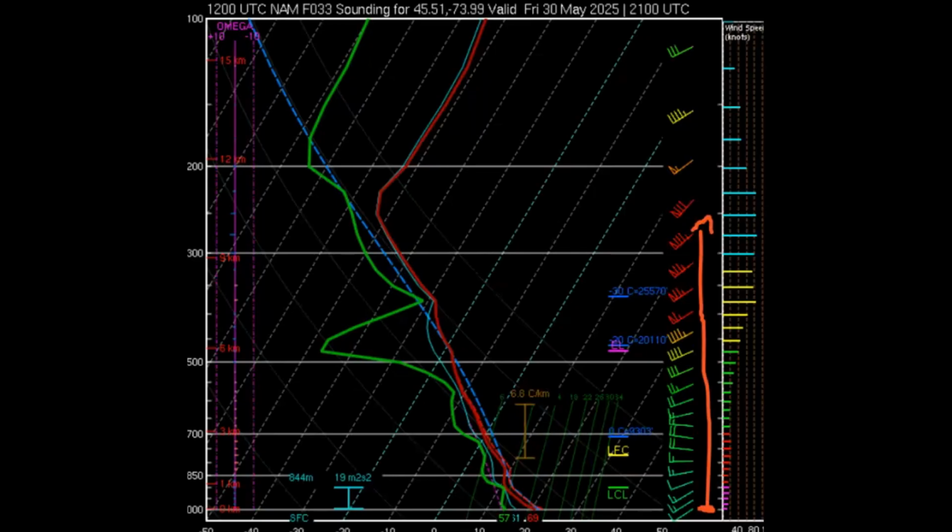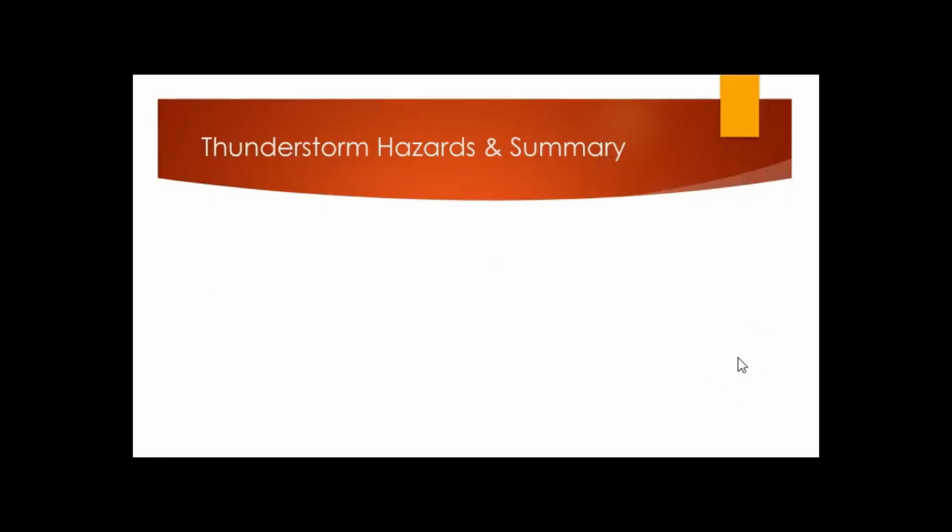We're not really seeing all that much in terms of changes in wind speed and changes in direction. So we pretty much have this unidirectional shearing profile. And even farther up as well, you see that non-existent change in direction. When we see this sort of orientation, thunderstorm organization is not particularly strong. Just looking at this, I don't expect thunderstorms to be particularly strong or severe, nor do I expect them to be long-lasting.